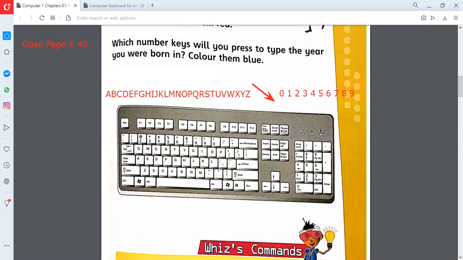There are some shortcuts for making slideshow with the help of keyboard. But these shortcuts are for the students who are in the bigger classes, like 5, 6, 7, because these shortcuts are difficult to remember. Okay, thank you, sir. Sir, we can play games on the keyboard. Yes, we can play game with the help of keyboard. You are right.